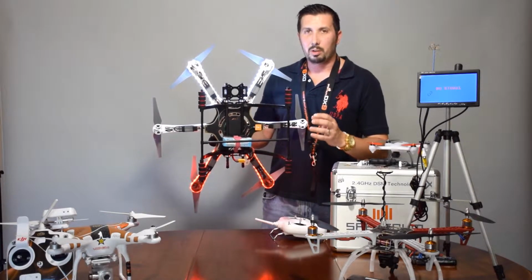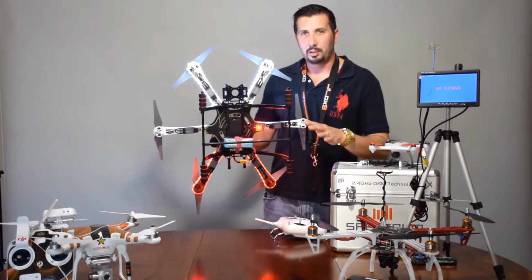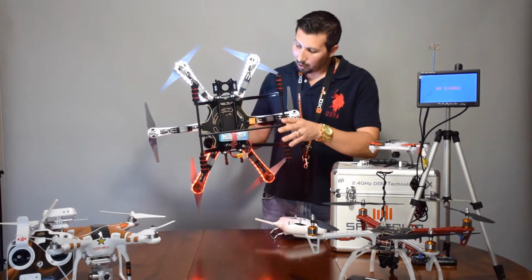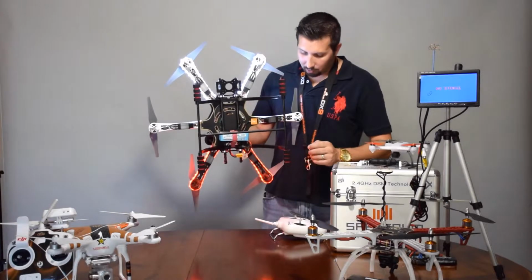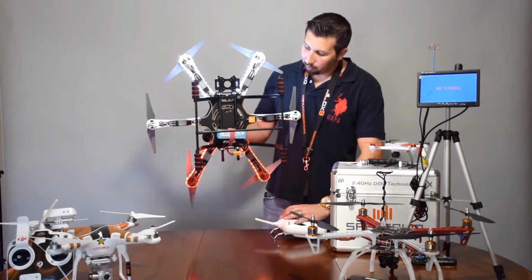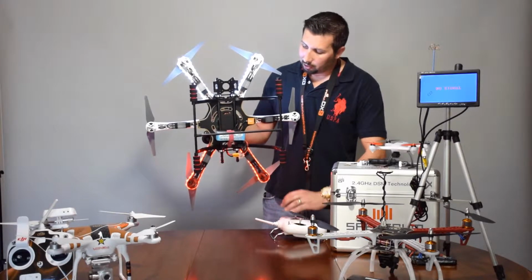I'm not in GPS mode, so when I let go of these sticks, it's not going to get that position lock. It's going to drift a little if you have some wind or what have you. So you'll see it flash the orange mode there. Drop that all the way down to manual mode, which again I don't recommend for beginners, but you'll get red